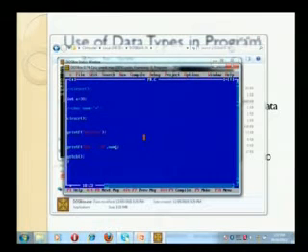Every time when I do printf percentage %d A, what will happen? The value 30 will be printed. It's a static value. Now what if I want a dynamic value? Every time I run the program, I want a new value. Then the scanf function is used to get a value from a user. The basic syntax of scanf is scanf, then over here the format specifier of integer is %d.